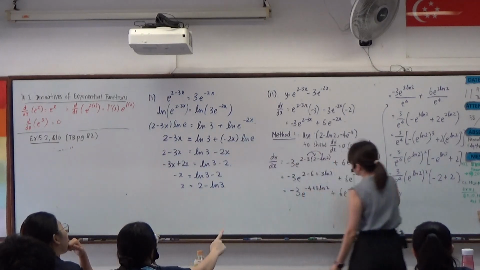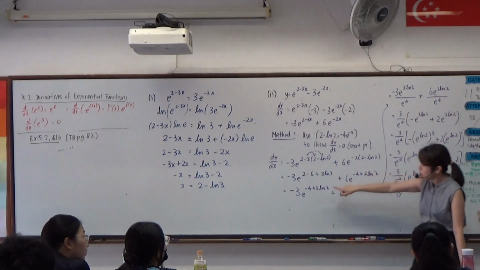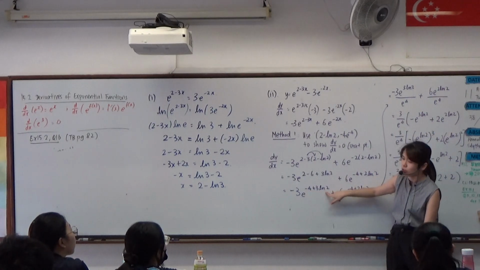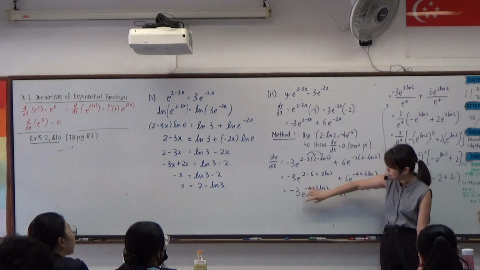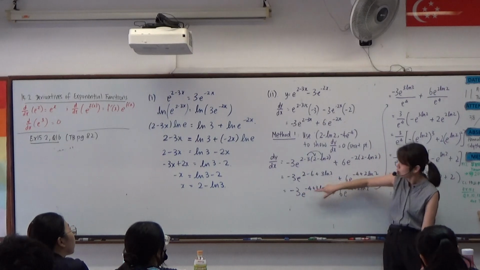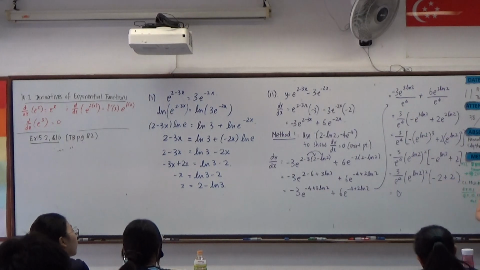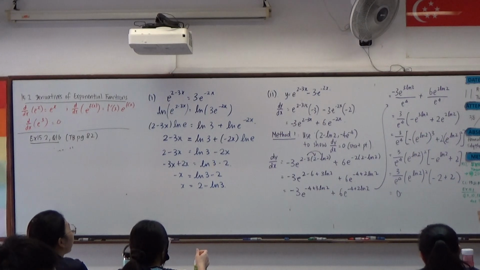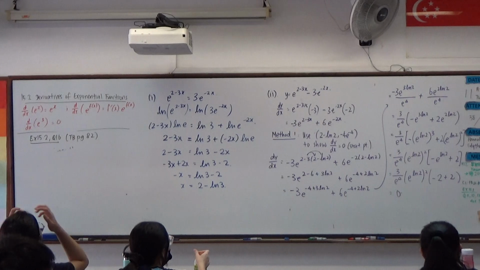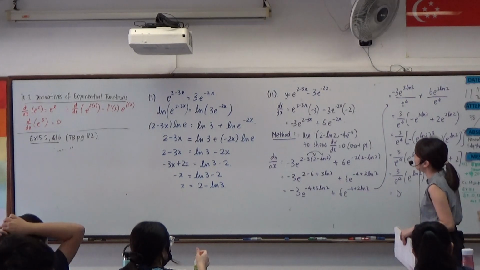Now the one here, go to here. So e to the power negative 4 plus 3 ln 2, we know that is e to the power negative 4 times e to the power 3 ln 2. E to the power negative 4 is the same as being in the denominator e to the power 4. Okay? You see that last two steps? E power 4 is